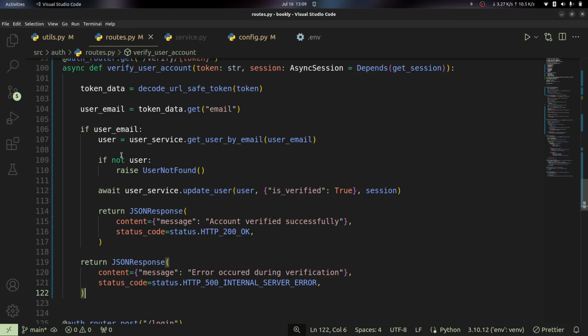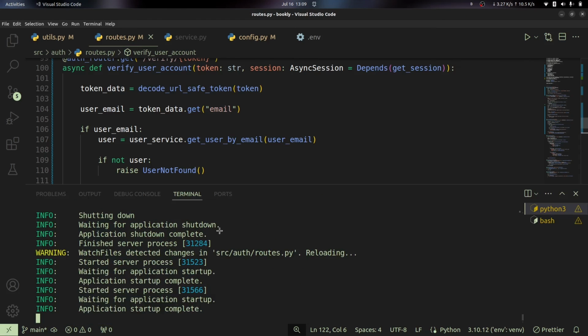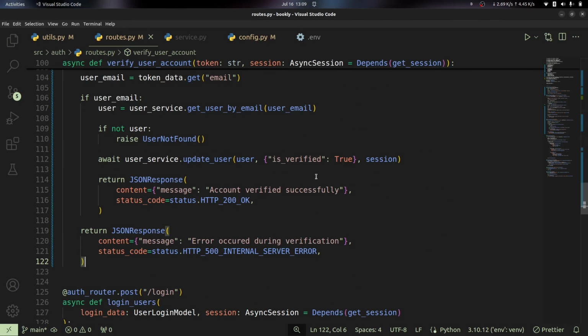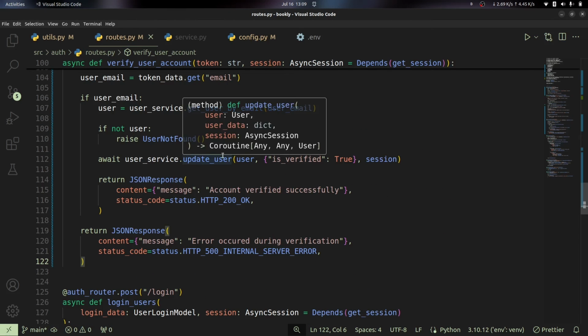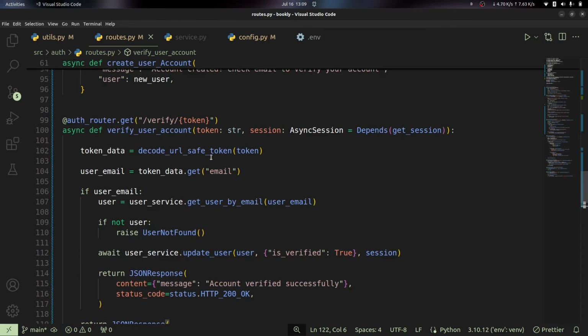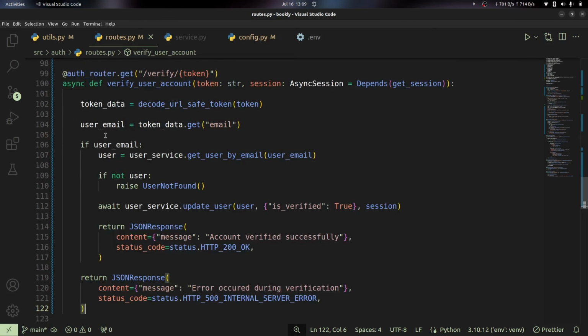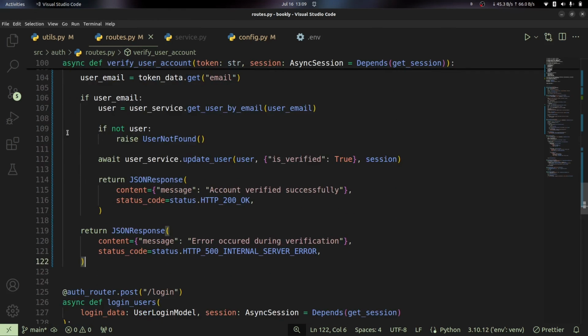So I'm going to go ahead and save, hoping that our server is running. It is running. So now let's go ahead and repeat the step for email verification. So for now, what we've done is to create the API endpoint that's going to be responsible for verifying our tokens. It's going to get the token, decode it, get the email from that token, and then use that email to get the user account, for which we shall then update if the user is the one that has submitted